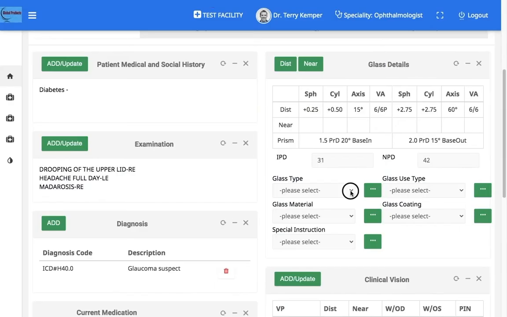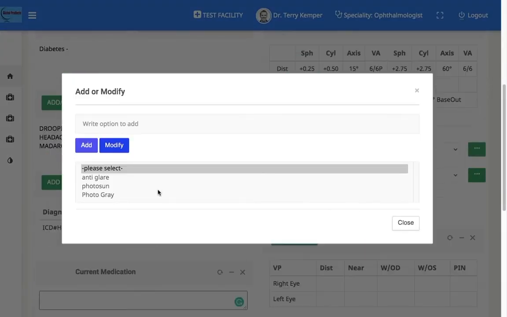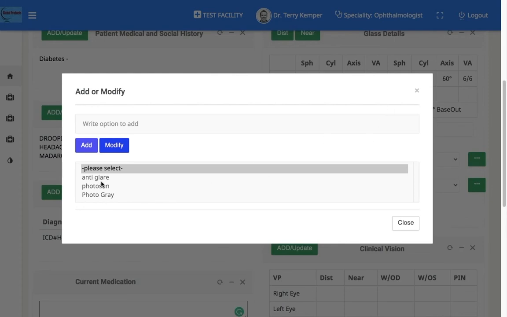Now the glass type can be selected from under the glass type option from this drop down menu. Glass types other than these, or the ones as required, can be added by clicking on this button, or the existing ones can be modified.